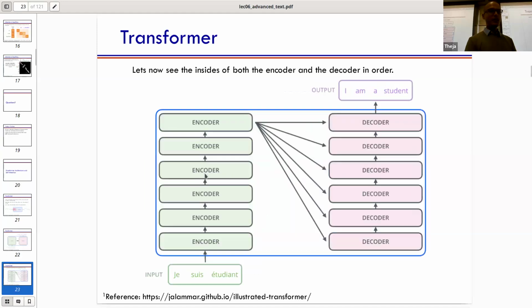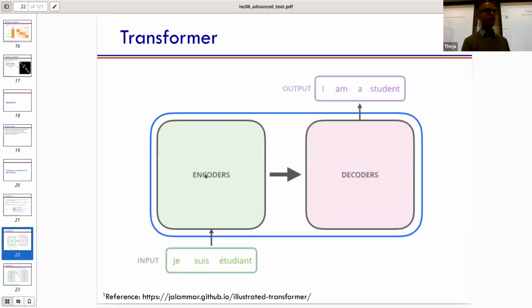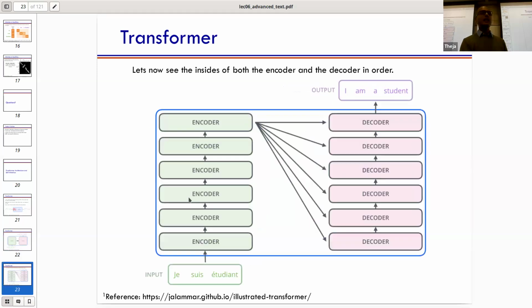So what is happening is that there's going to be a bunch of encoders. These are not LSTM cells, so forget the LSTM and RNN stuff. There's going to be a bunch of encoders and a bunch of decoders. We're going to open them up. What did we do from the previous slide? If this is the green box, we just open it and we now have 6 subcomponents. Similarly, in this illustration, we have another 6 subcomponents, which are the decoder blocks. Now, first of all, note that the sentence length is 3, just 3 words.